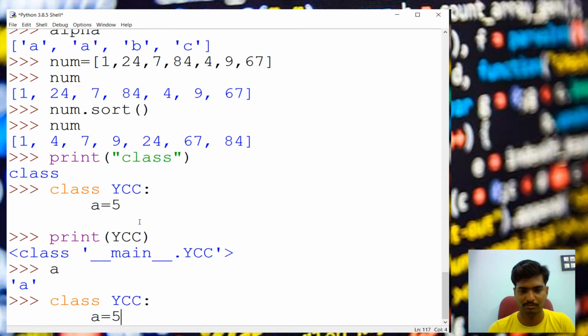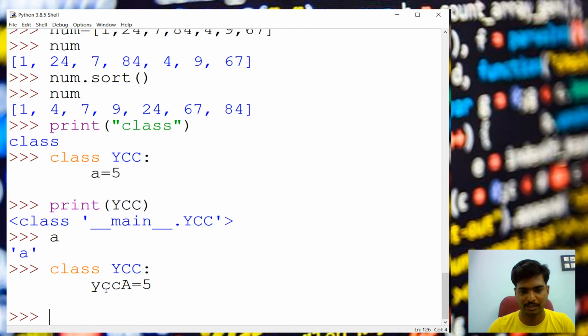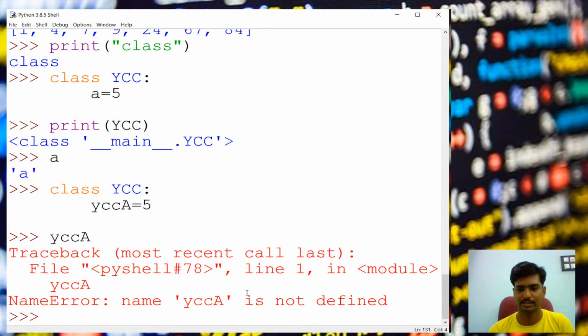Else we can give a unique attribute, YCC attribute. When you print YCC attribute, you won't get anything because it is not defined yet, but it is defined inside the class. By creating an object of the class, we can access this YCC attribute.